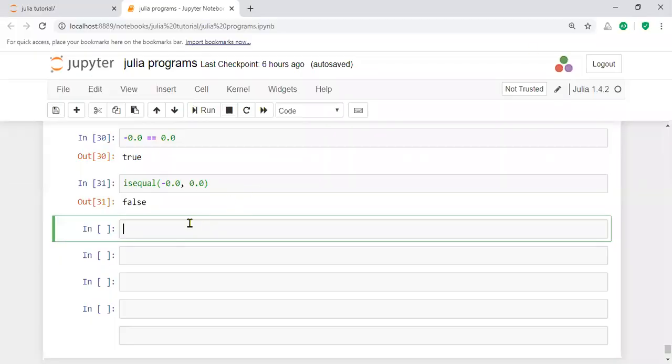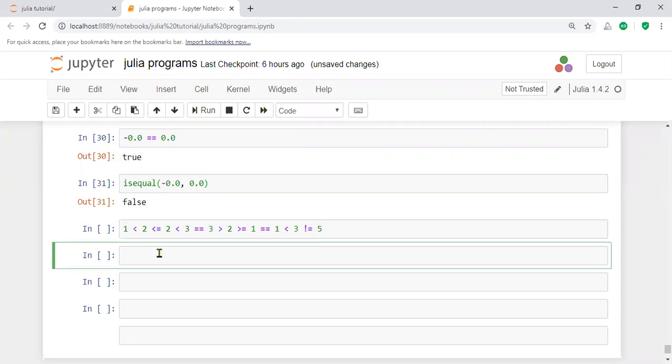If you take the chaining, a chain of operations, what is the result of this chaining operation? You have to verify like this. 1 less than 2: what is the result?